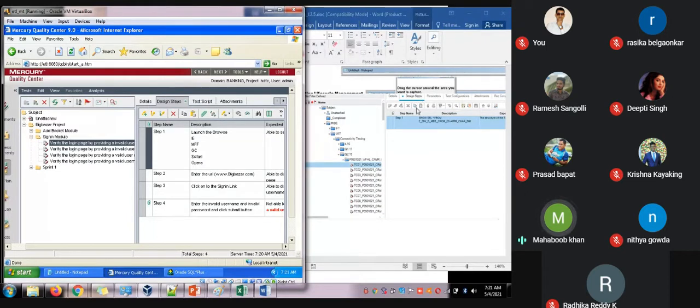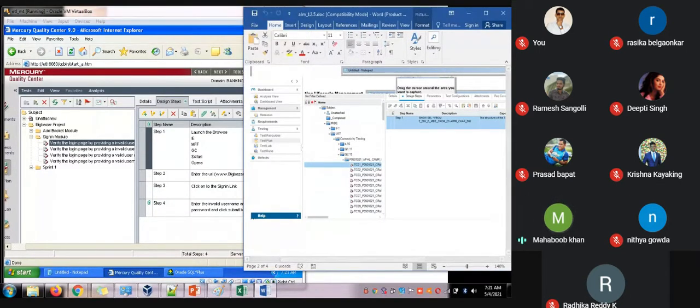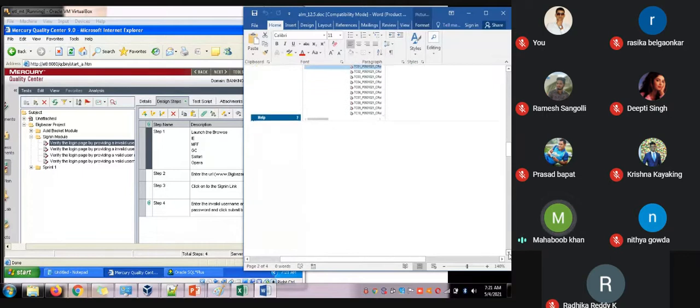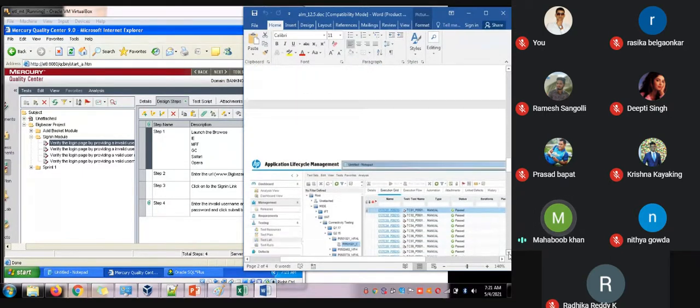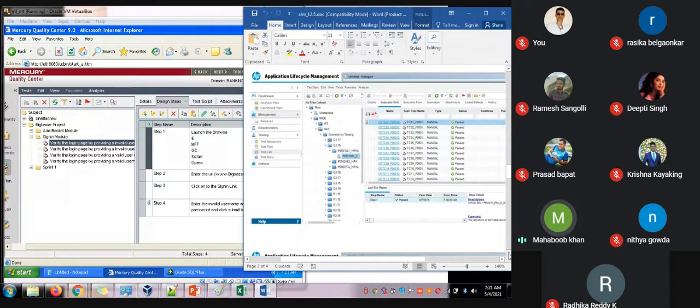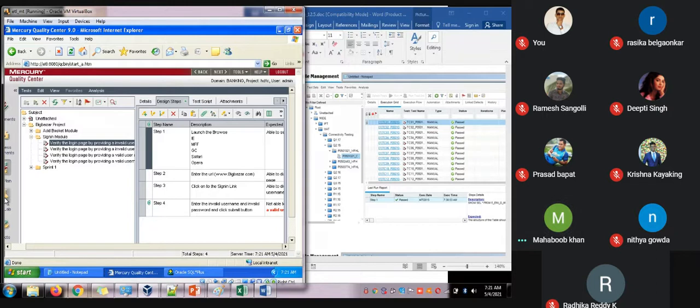In design steps, all the test cases you have written are the same. Now jumping to the second tab, next slide. That means wherever you write the test cases in the test plan, it does not change anything. These are nothing but a test lab, guys. Let me click on test lab and show you that things will be the same. It is not going to change anything.